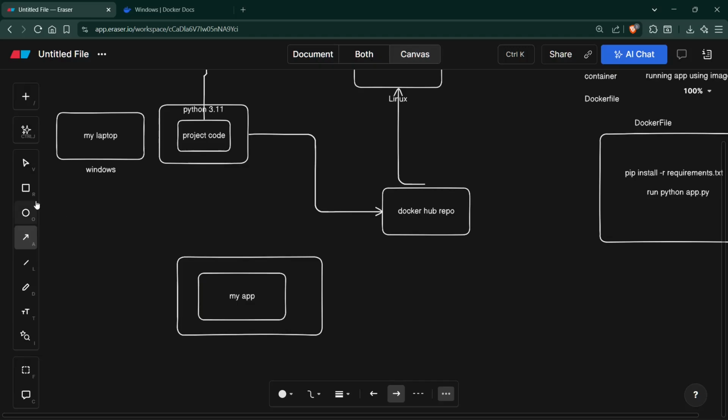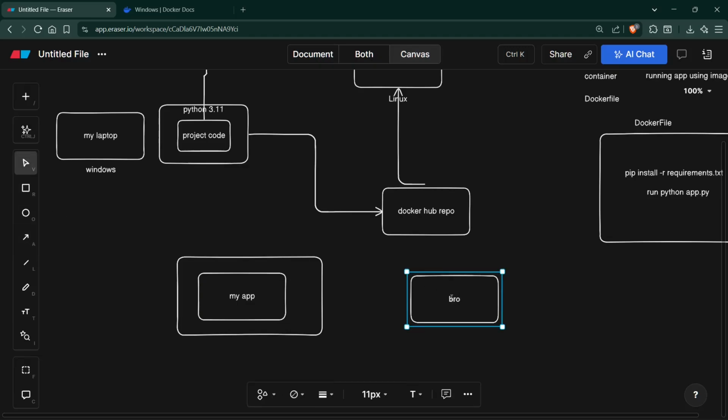So this is my browser. Now my browser wants to access my app, but it cannot directly access it. It needs some port exposed from here, because now all the ports are closed. So we should ask Docker to open one port so that it will be connected.